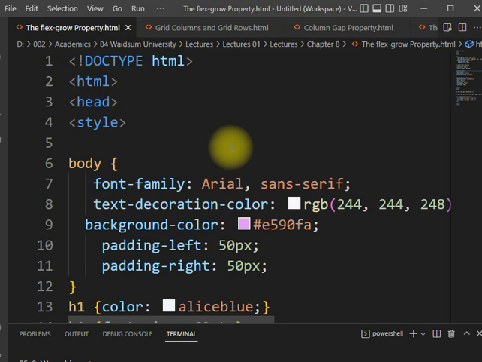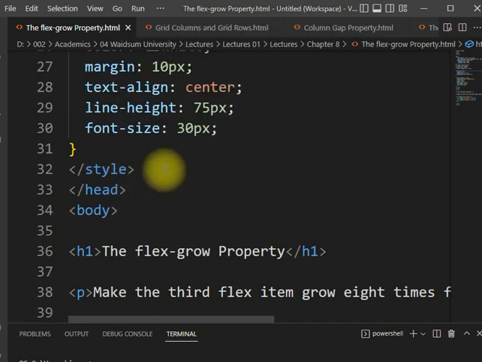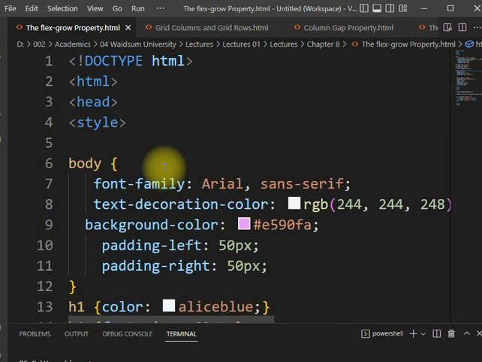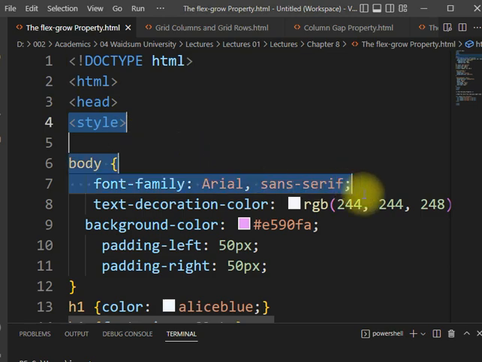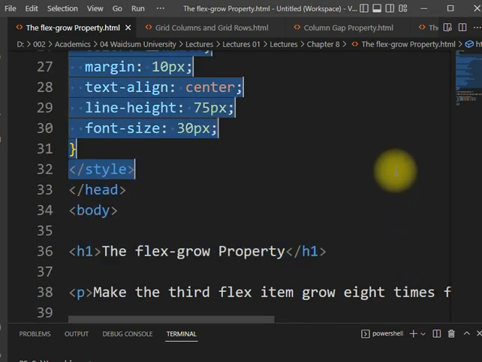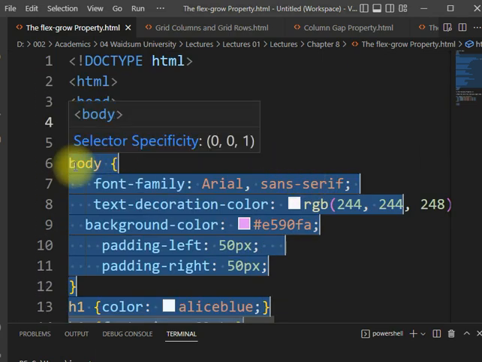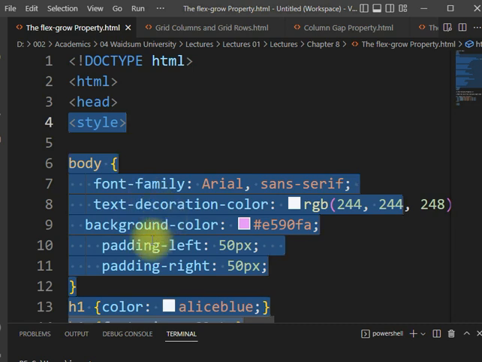Here we are in the code. I've created the document type HTML. I opened the HTML, the head, and the style, and I have also closed them accordingly right below. But let's go back to the top and see what we have within the style. So within the style, I'm just going to highlight it all the way down. So within the style, we have the body selector,